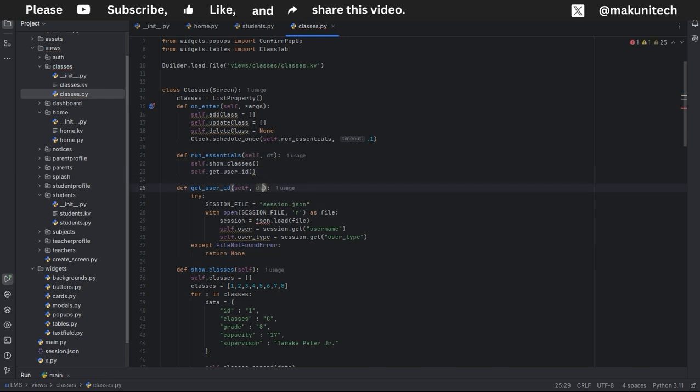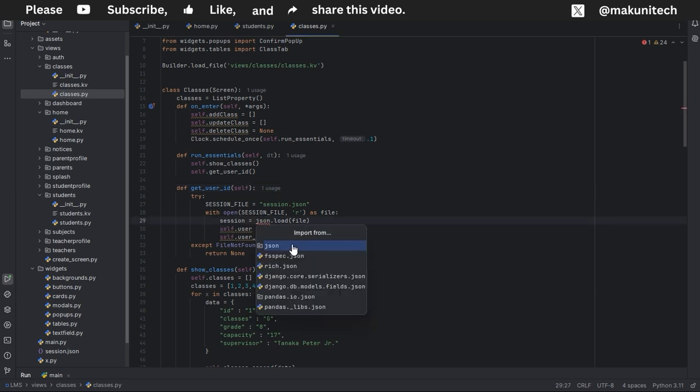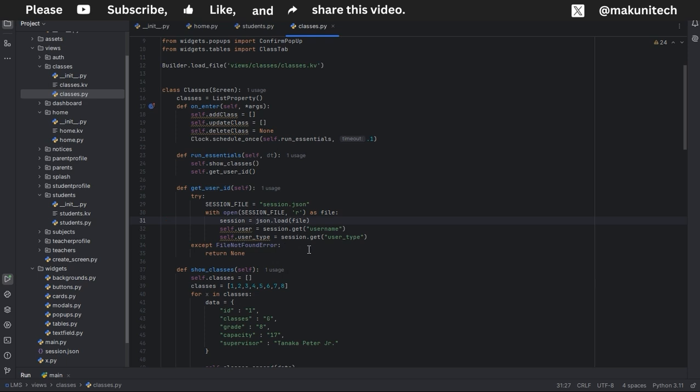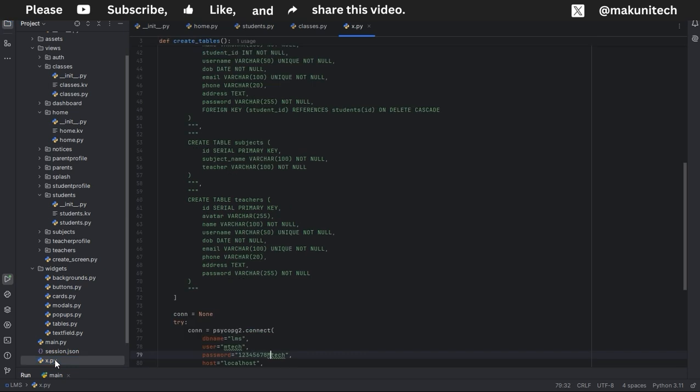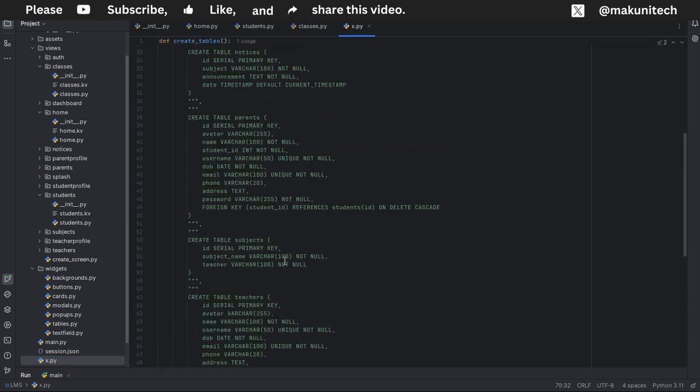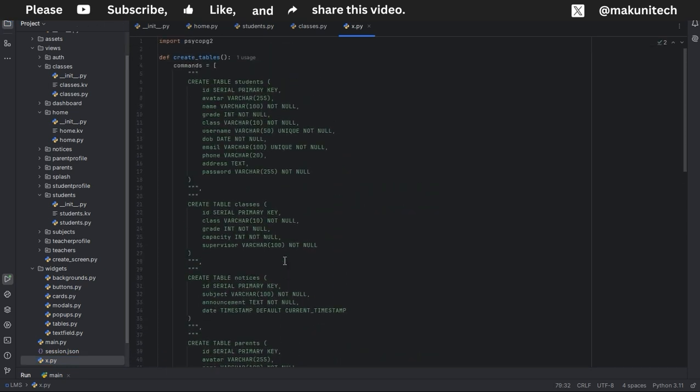Okay, then I'm gonna get rid of this. So we need to import JSON here, like this. Okay, so in here, let's open x.py, right? So here,